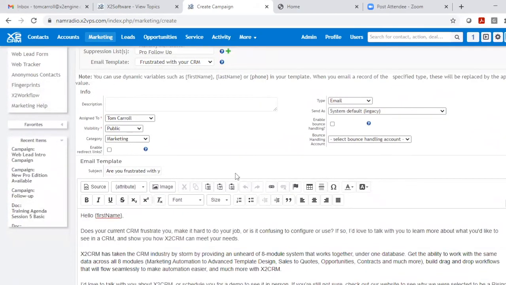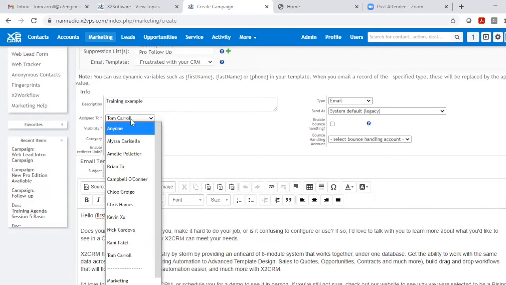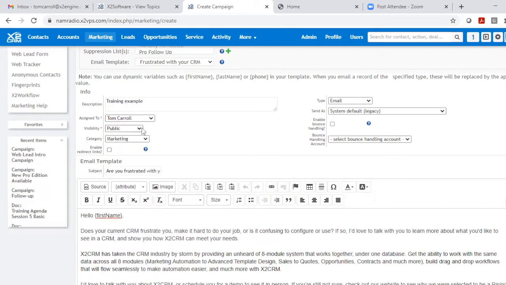Now, you finish out the setup by going ahead and giving a description. It can be assigned to an individual. I'll go ahead and keep it assigned to me. You can make it public or private, or be able to be viewed by just user groups. You can specify a category. And what this is all about is that